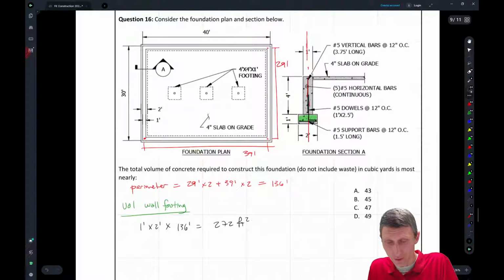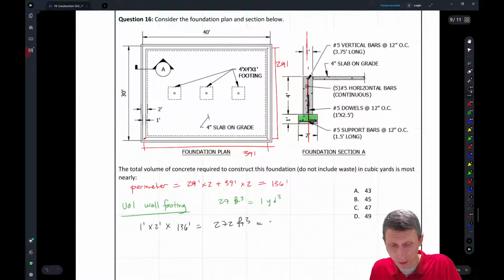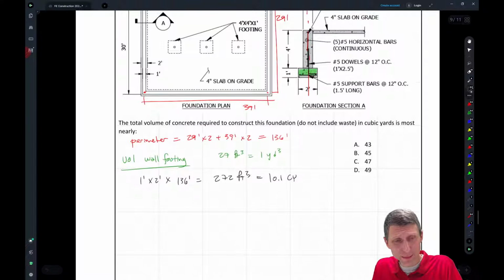272 cubic feet, okay? How do you go from cubic feet to cubic yards? 27 cubic feet equals 1 cubic yard, okay? And if I actually wrote cubic feet, that would be better. But I divide this 272 by 27 and that gives me roughly 10.1. Sometimes I use CY for cubic yards, sometimes I use yards cubed. Either way, it works. The next piece that we're going to do here is the wall,